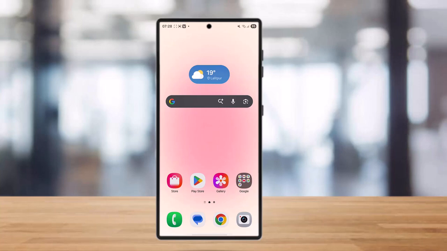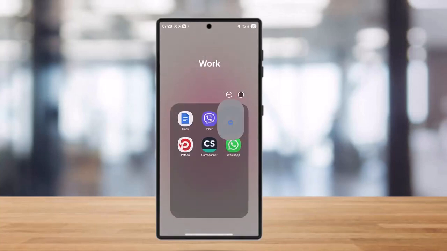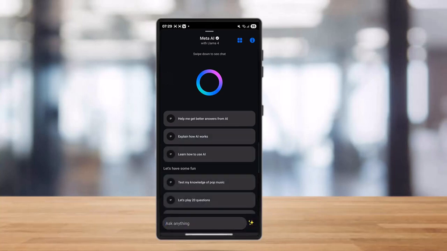So if you want to remove Meta AI from Messenger, all you gotta do is simply open your Messenger. Frankly speaking, Meta AI is right over there on your Messenger and it will always be there. You cannot simply remove it from your Messenger app as it is automated from Meta itself. However, if you want to simply ignore it, or if you don't want to see it, then all you